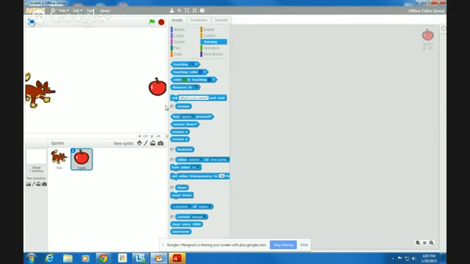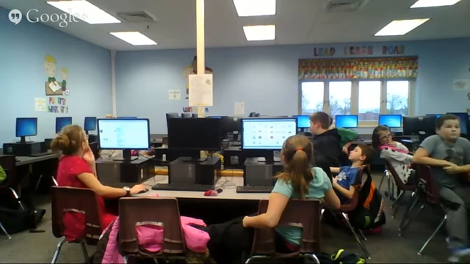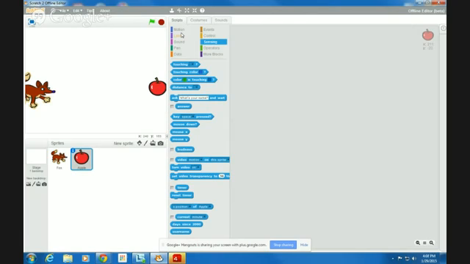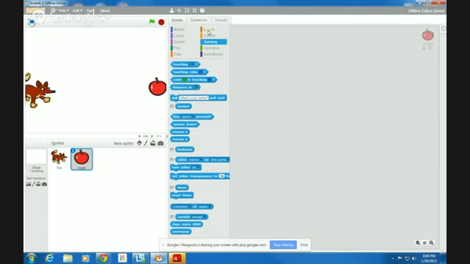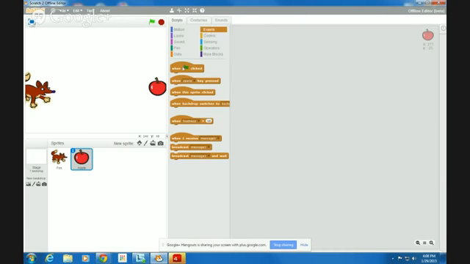So once you have that all done, you're going to want to go to the events tab, the brown tab that you were at originally.